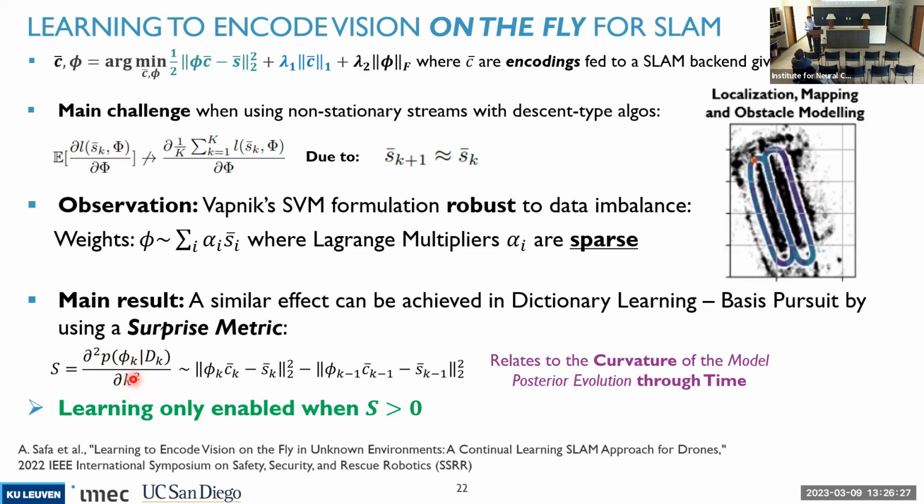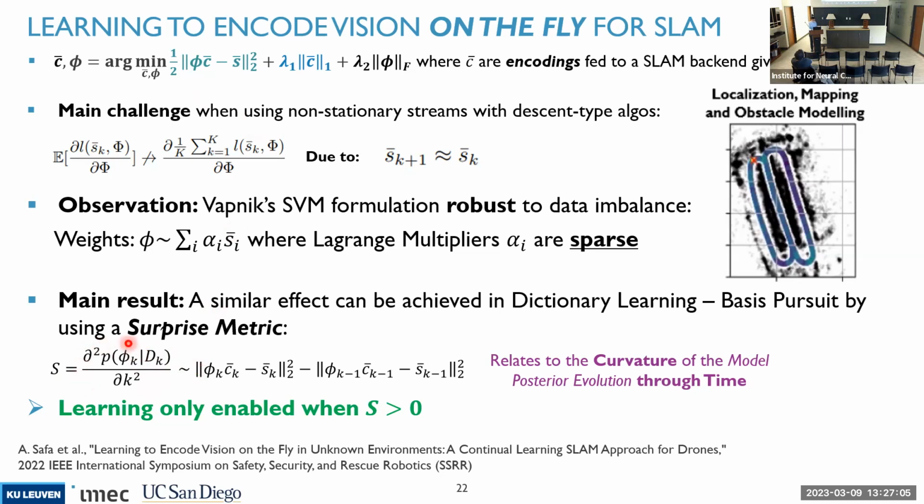So what does that mean? It means that if this curvature is positive, the posterior will evolve a lot in the future, so it will change a lot. And so the input that you just received right now will cause a lot of change in the weights in the future. And therefore, this input that I receive is highly surprising. I don't know it yet, but I need to change my weights. And therefore, when this S is positive, I will simply learn this incoming input data, taking the gradient descent step with this input data to refine Phi.